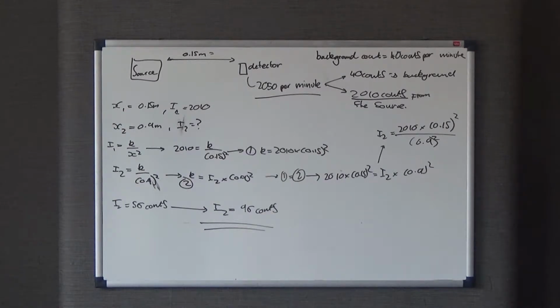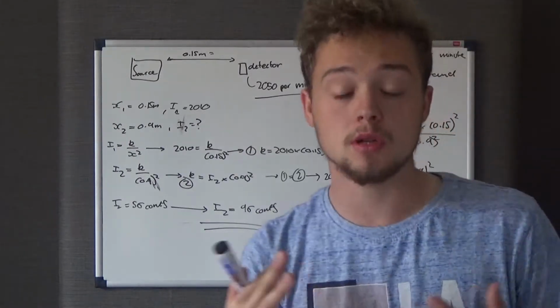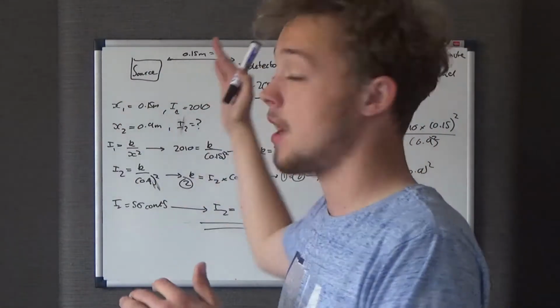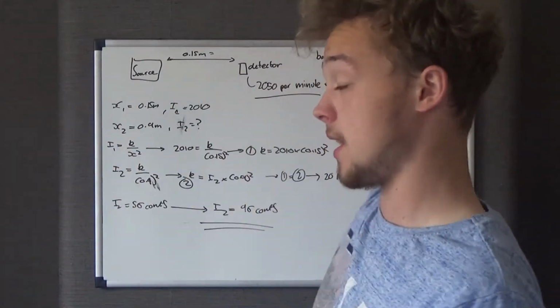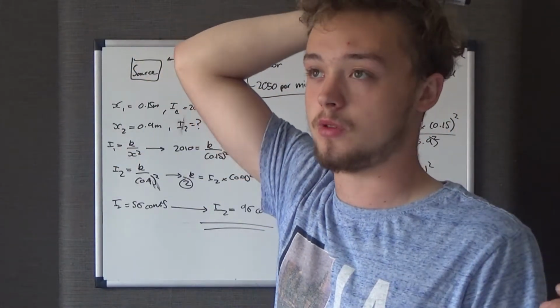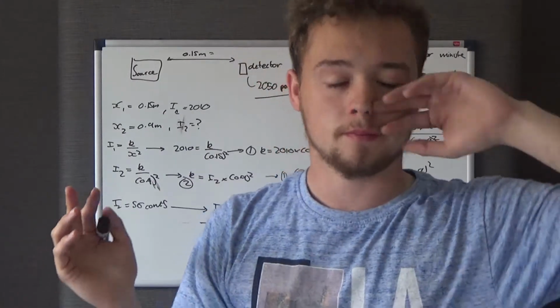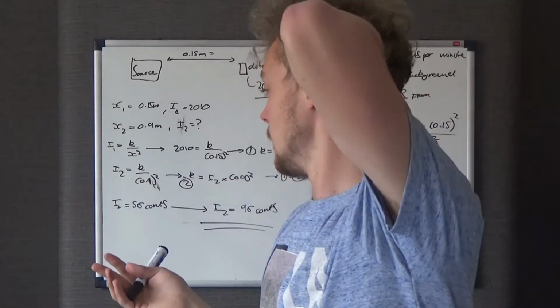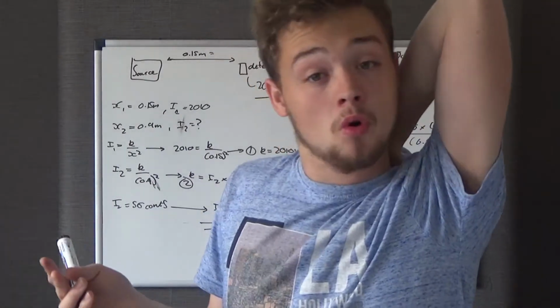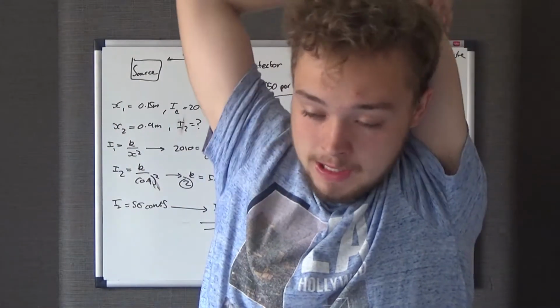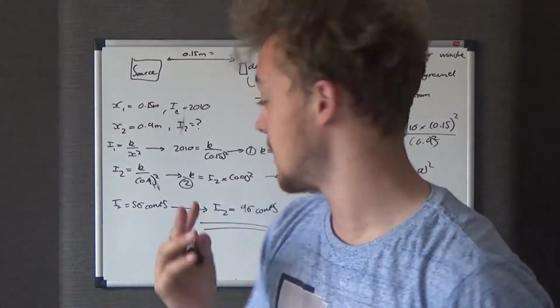Because we have to take out the background radiation because it's not from the source, so this 40 counts per minute, you will still record if you move the distance billions and billions of meters away, okay, obviously assuming you're still on Earth, which you won't be, it's just exaggeration, okay,